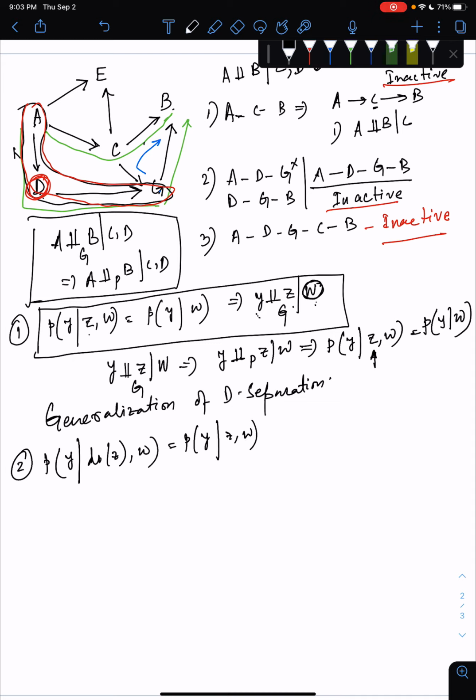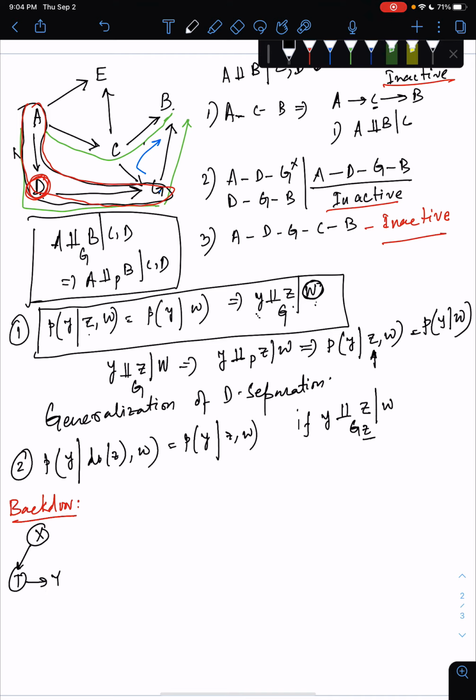Okay, in a graph, Y and Z are conditionally independent. So first, let's understand what the backdoor criterion is. The backdoor criterion says that if I have something like this,